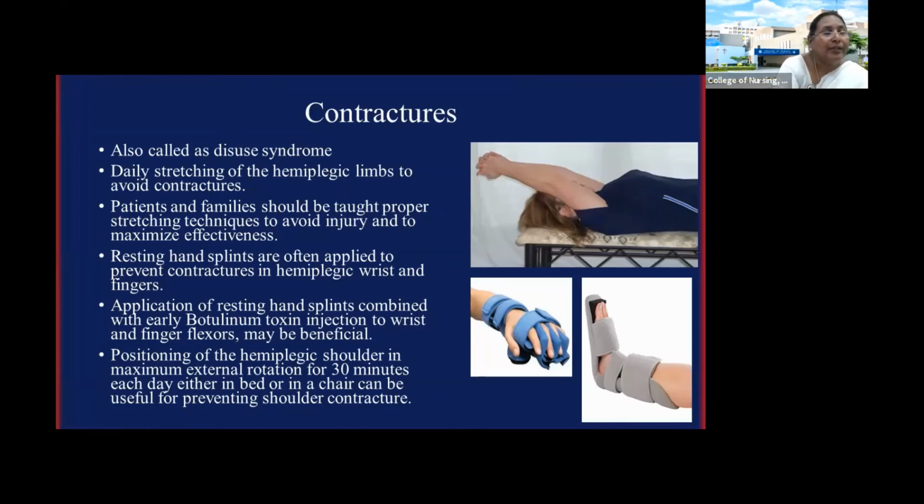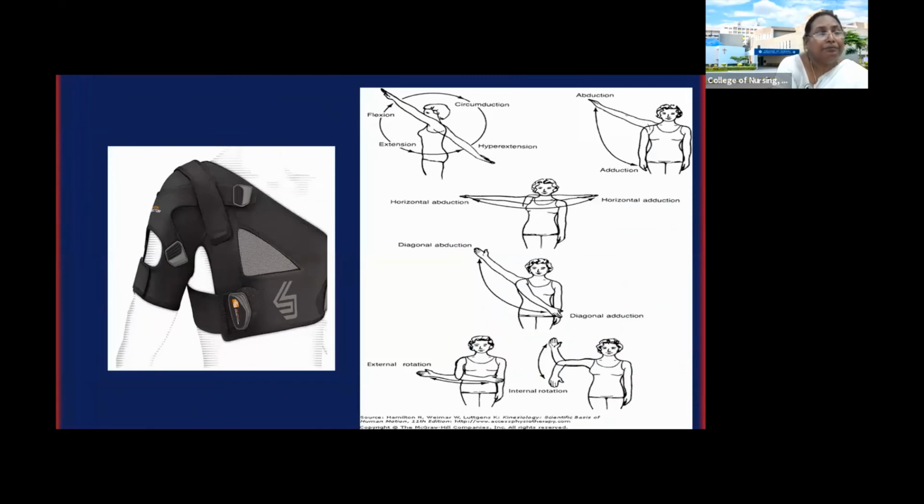And we must make sure that patients do the shoulder exercise. It's called external rotation. I think I have a picture here. Okay. So in this picture, you can see how exercises are being done. If they don't do this, when there is hemiplegia, they will develop frozen shoulder. So some exercises are needed, such as external rotation, internal rotation, diagonal abduction. The picture tells, and it's also written there. So you know how to do it. But we must make sure that it is not done so vigorously as to damage the joint, but slowly and steadily we have to do it every day.